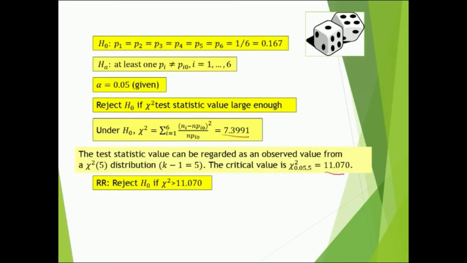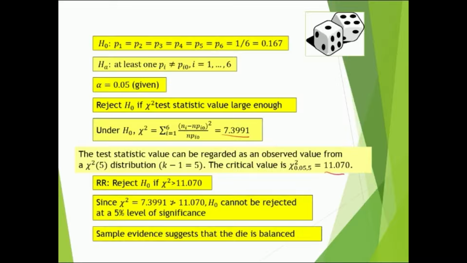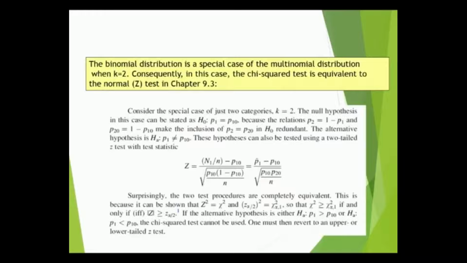So since it's not larger, the null hypothesis cannot be rejected, and we conclude that the sample evidence suggests that the die is balanced. Because the binomial distribution is a special case of the multinomial distribution when the number of categories is equal to 2, we have an equivalency between the chi-square test and the normal z-test, which we discussed in chapter 9.3. Take, for example, the procedure that we've derived just now, the situation when we have only